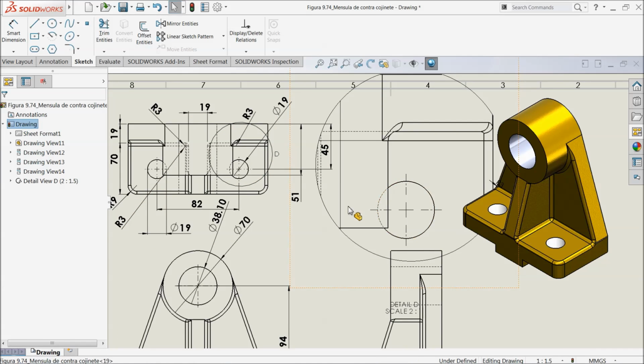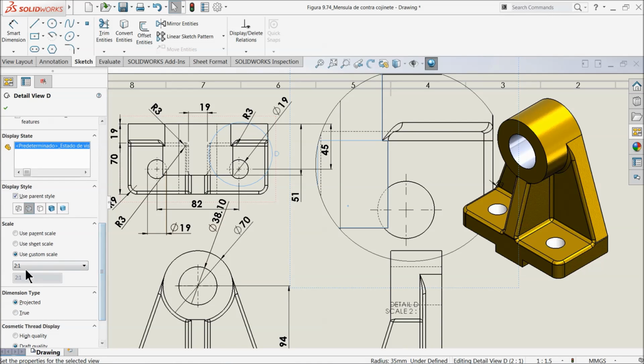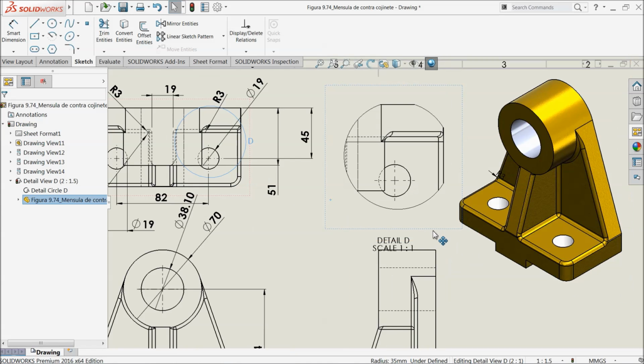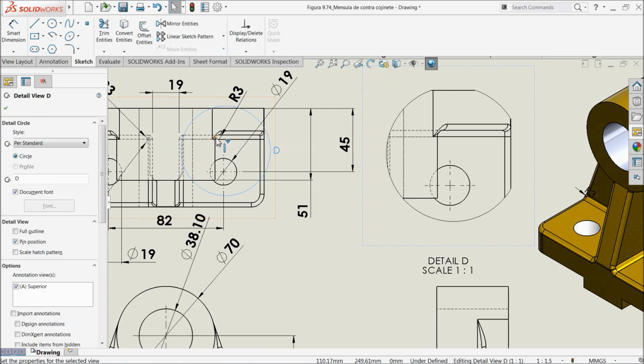It's going bigger. That's it, 2 by 2. So this is your detailed view. If you want to see any particular place, any complicated things in a circular way, this is the way you can show it by detailed view. Okay,